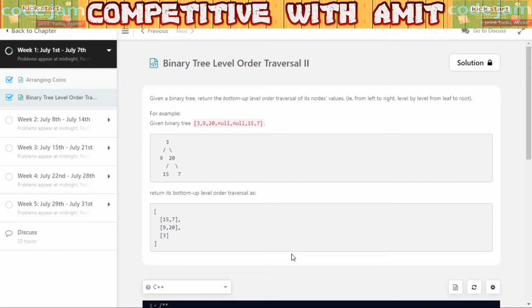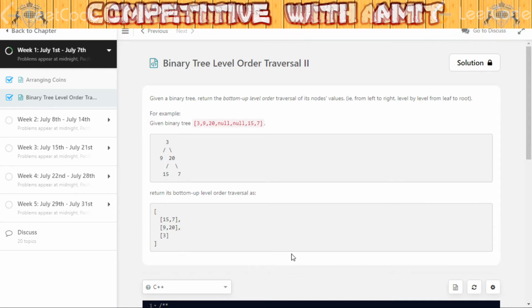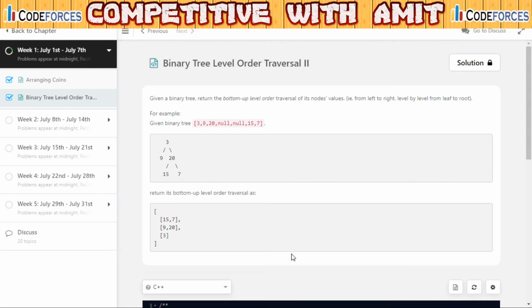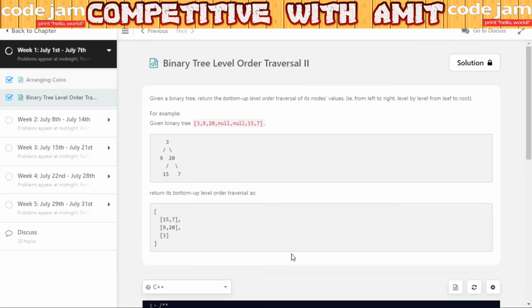Today we will solve the second question of the July LeetCode challenge. Our question is Binary Tree Level Order Traversal II. Before discussing the question, I just want to inform you that our video will be divided into 3 parts. First part will be the question explanation, second part will be the solution explanation, third part will be the code